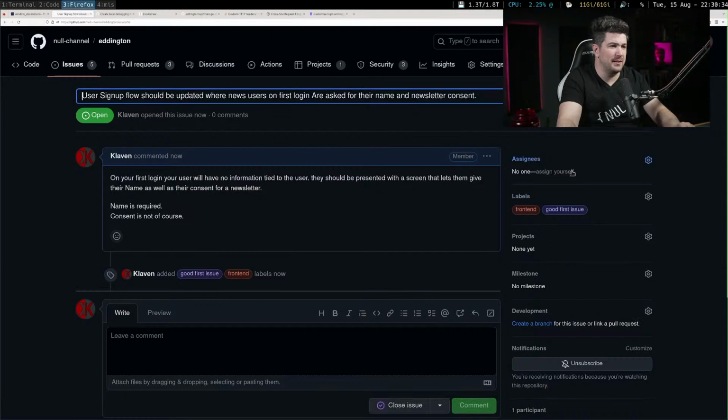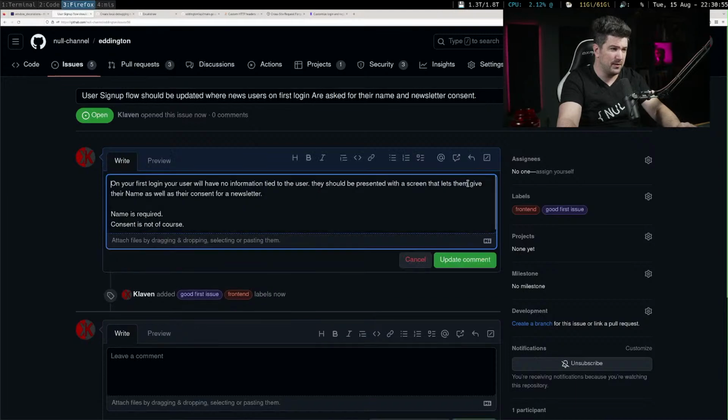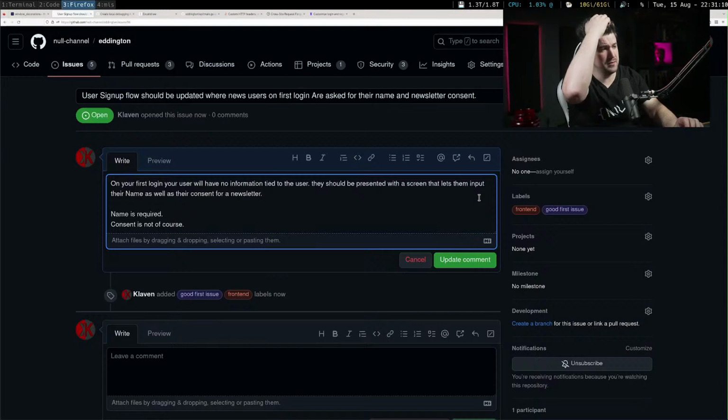You know what? Actually, I need to edit this. It should be presented with a screen that gives them their name as well as their... This is worded poorly. They should be presented with a screen that lets them input their name as well as their consent for a newsletter. On the first login, your user will have no information tied to the user.